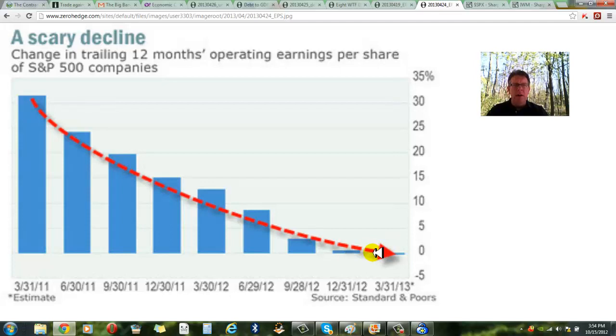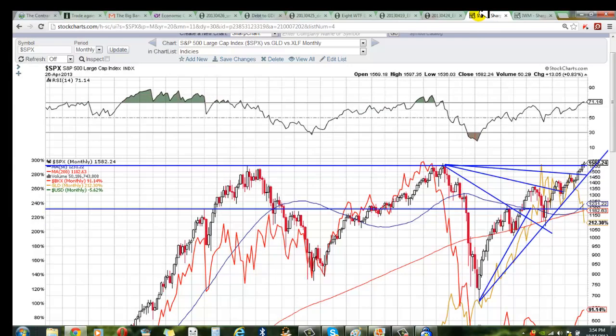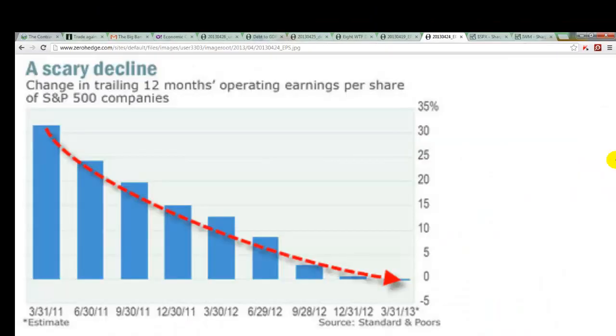Larry Kudlow says that earnings are the mother's milk of the stock market. He's right. If that's the case, how can you have a precipitous drop in earnings, yet all of these fancy-pants, multi-million-dollar-per-year compensated talking heads get on CNBC and say, buy stocks here? Okay, as you keep these earnings per share in your mind, let's move on to the next chart,